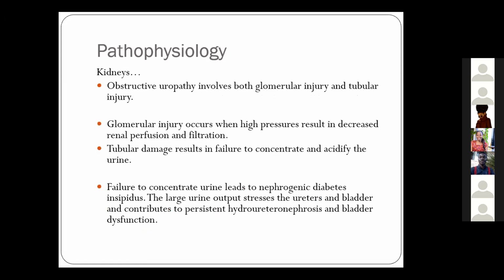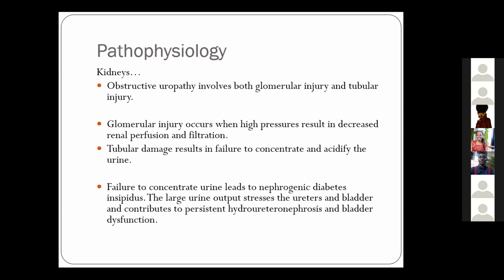So obstructive uropathy involves both glomerular injury and tubular injury. The glomerular injury occurs when the high pressures result in decreased renal perfusion and filtration, while tubular damage results in failure to concentrate and acidify the urine. And of course, failure to concentrate the urine will lead to diabetes insipidus. And these large urine outputs stress the ureters and the bladder and